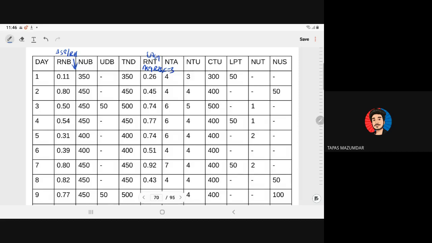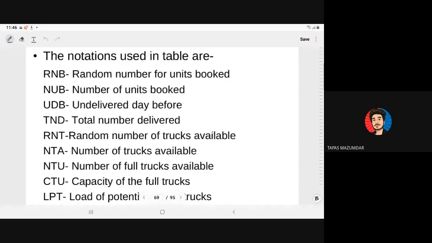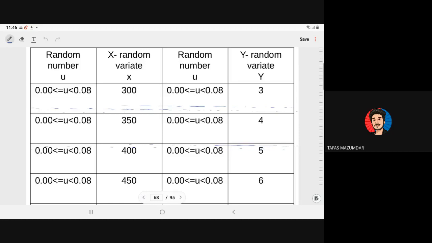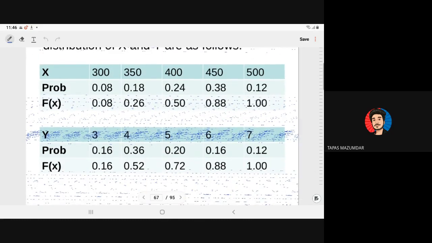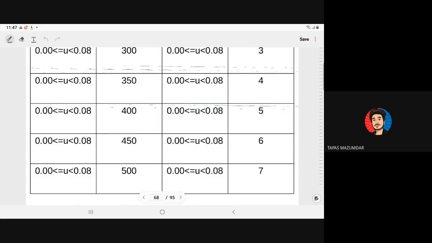So if the random number we are taking is 0.11, we are taking the digit between 0 and 1. So when it is 0.11, here I have written the scheme. So what is the scheme? 0.11 lies between,